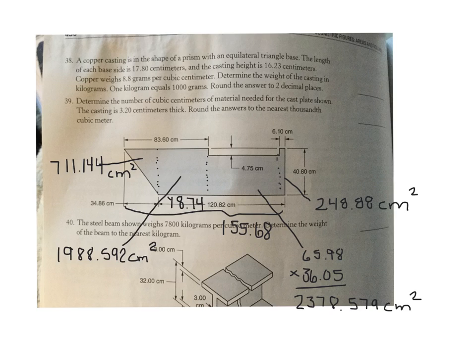And when I add those 4 areas together, I get a total area of 5,327.195 square centimeters. So finally, to find the volume, we're going to need to multiply by the height, which is the thickness of this plate, and that we were told is 3.2. So when we multiply the area of our base by 3.2 and round our answer to the nearest thousandth cubic meter, okay, this will be cubic centimeters, I'll have